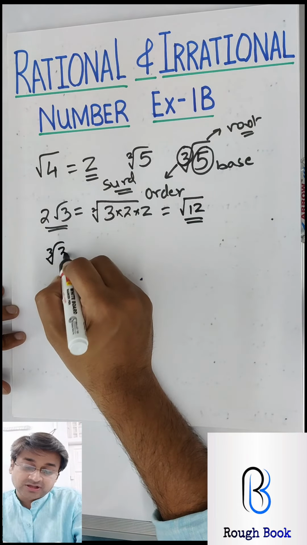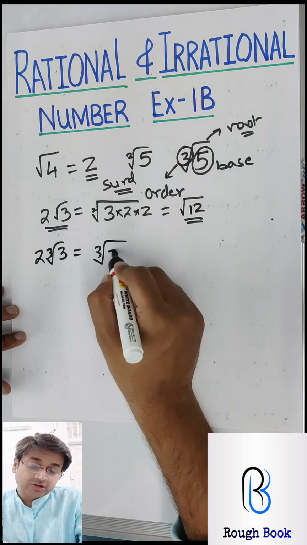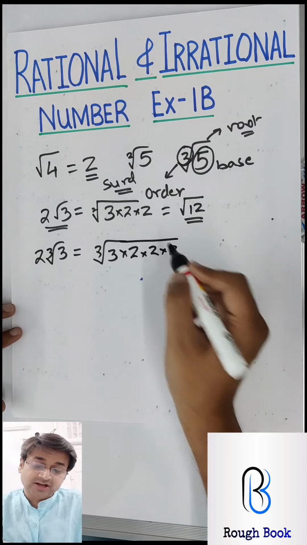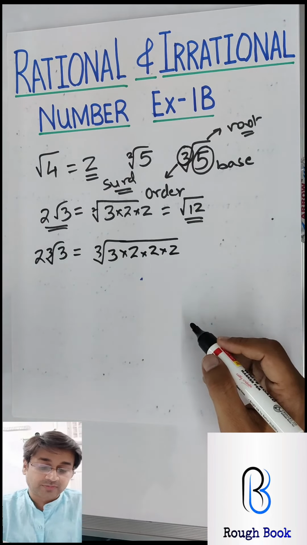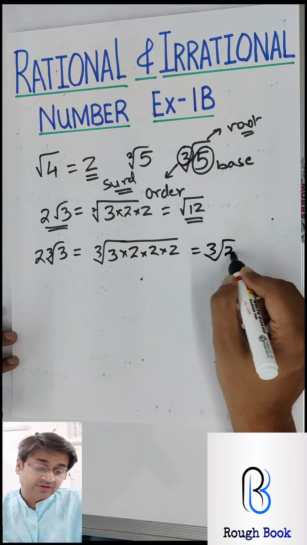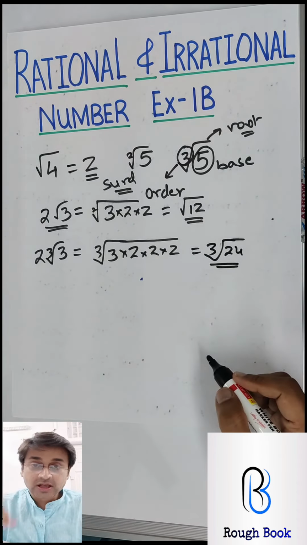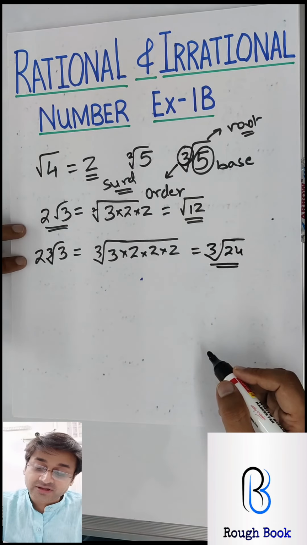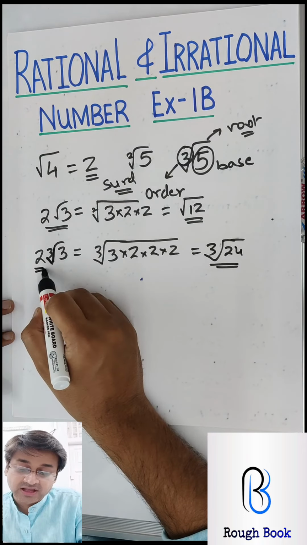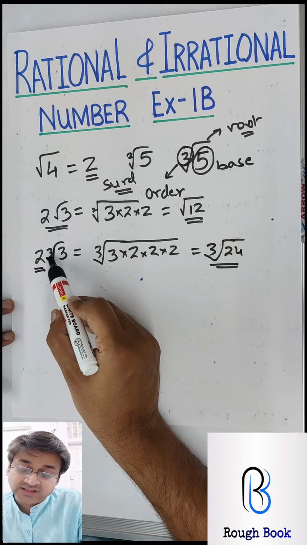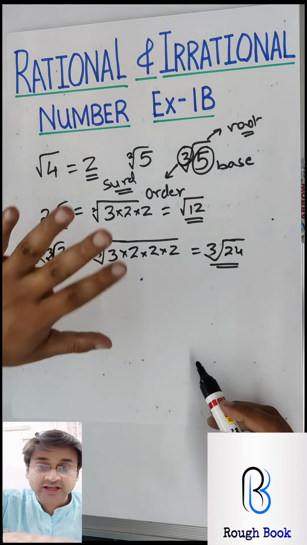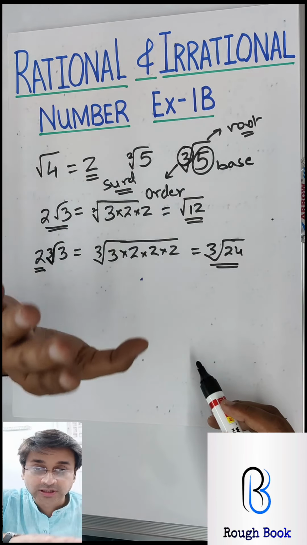Likewise, if this was cube root 3 and 2 outside, when you push this inside, it will be written thrice. Why 3 times? Because the order is 3. That's very, very important. So 2 2s are 4, 4 2s are 8, 8 3s are 24, and we call it cube root 24. Are you getting it now? One more thing, this number 3 is inside the root and this is outside. Many times I see children writing this 3 outside or this 2 inside. That's wrong. Both are completely different and you need to write them in different ways.